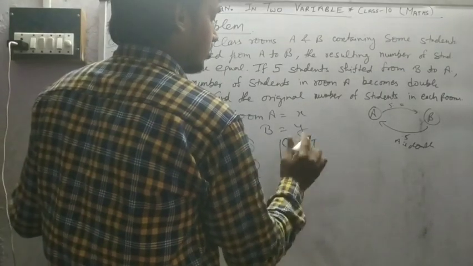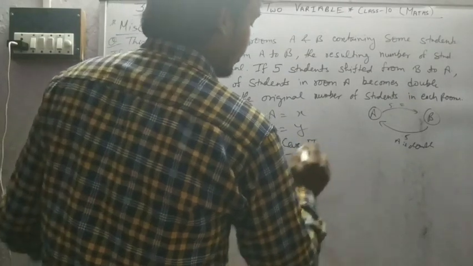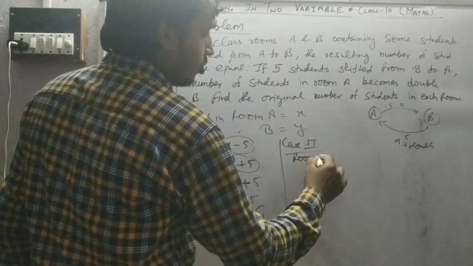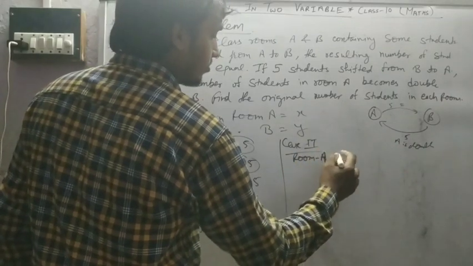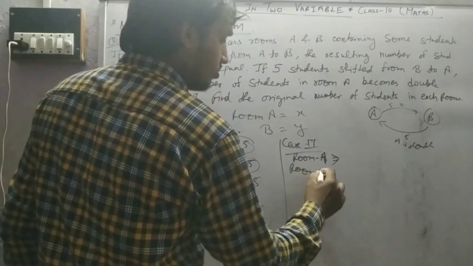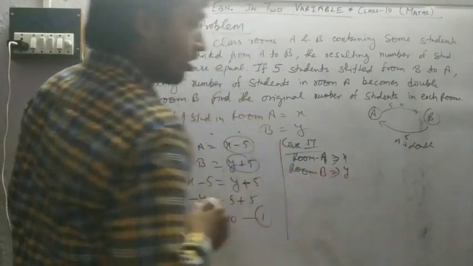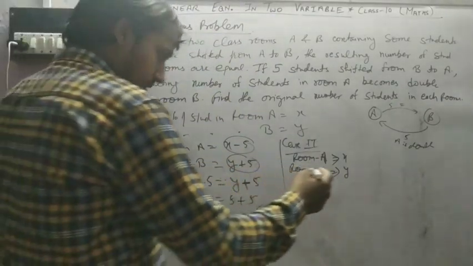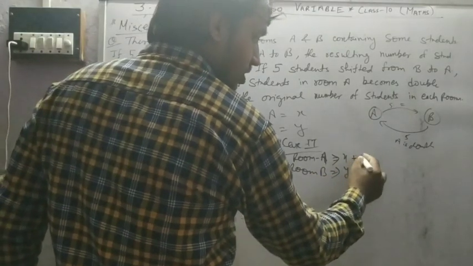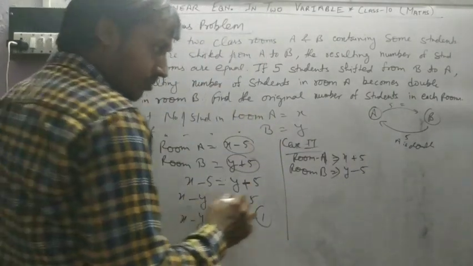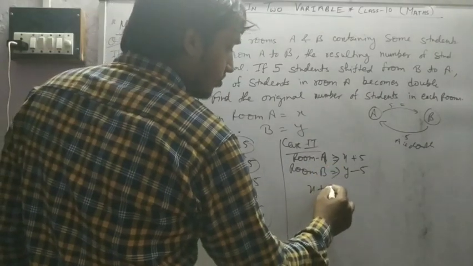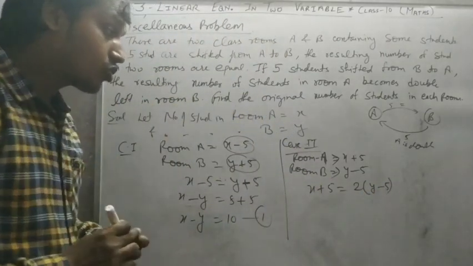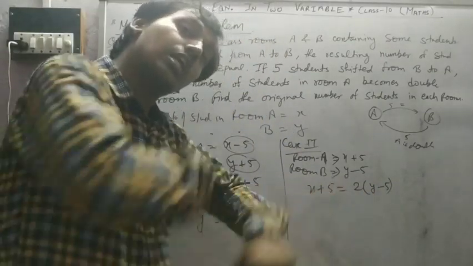Case second, same thing. Room A, room B. Then 5 students sent from B to A means B में कम, A में ज्यादा. Then A becomes twice of B. ध्यान रखिएगा, जिसको डबल बोलता है उसमें ट्वाइस नहीं करेंगे, जिसका डबल बोलता है उसमें ट्वाइस करते